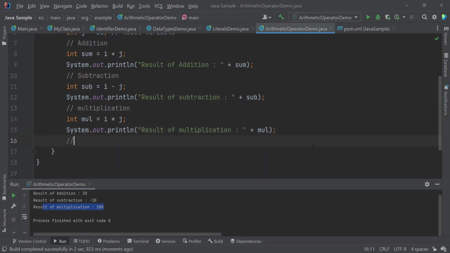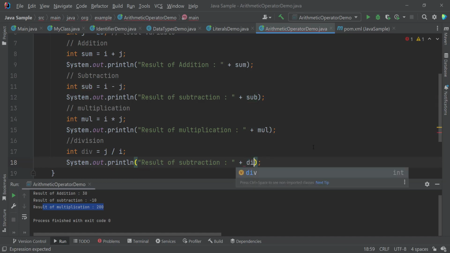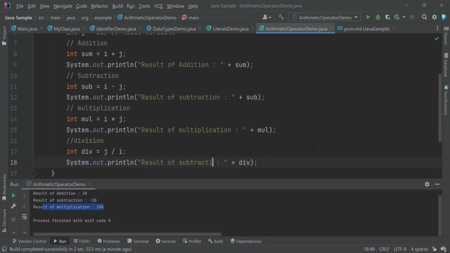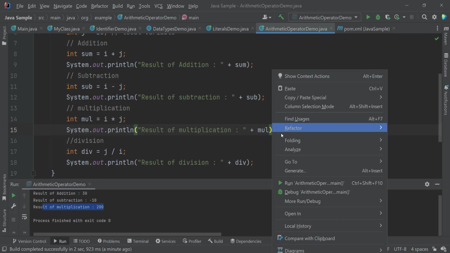Okay. Another one is the division operation. So integer d is equal to I divided by j, or let me do reverse, that is j divided by I. Okay. And as out, sorry, I have already copied that, so let me paste it. So this would be division, and here division. Okay, let's run this